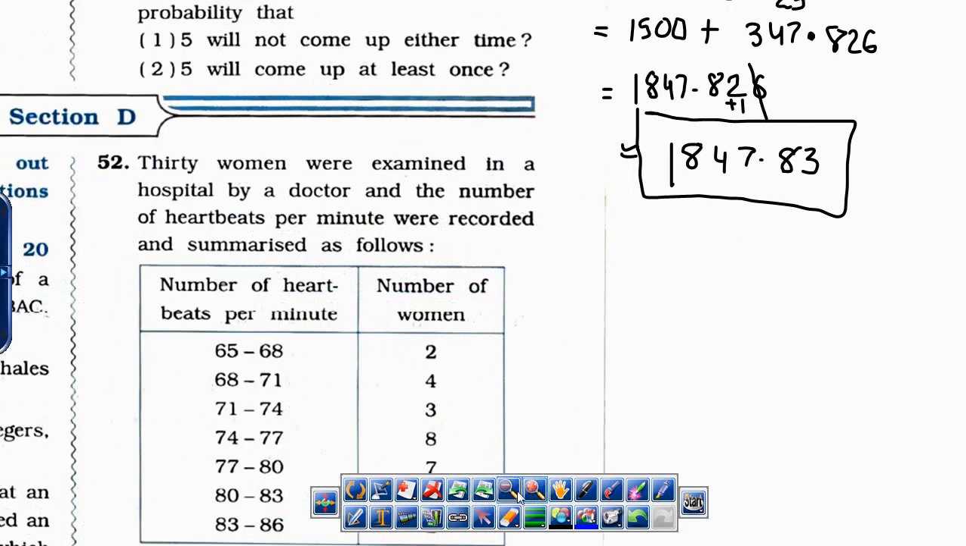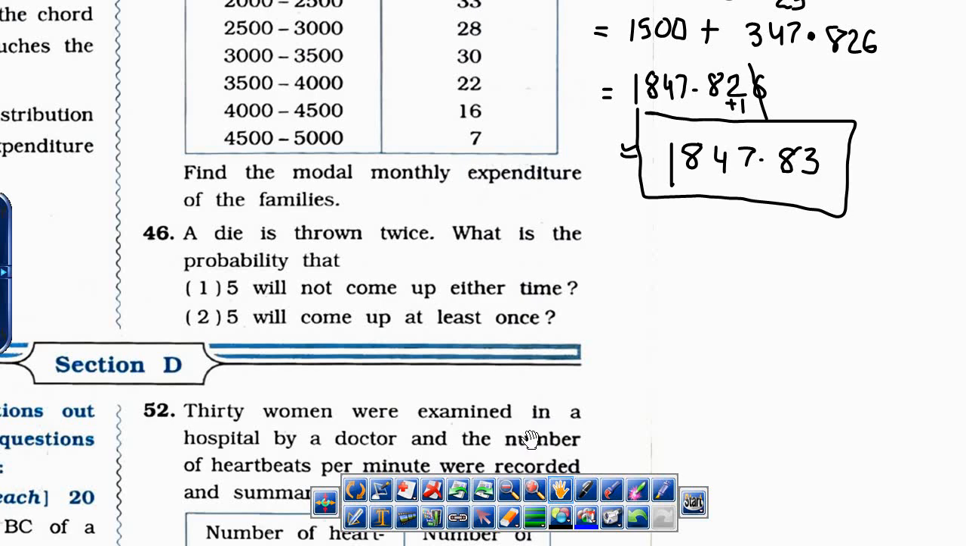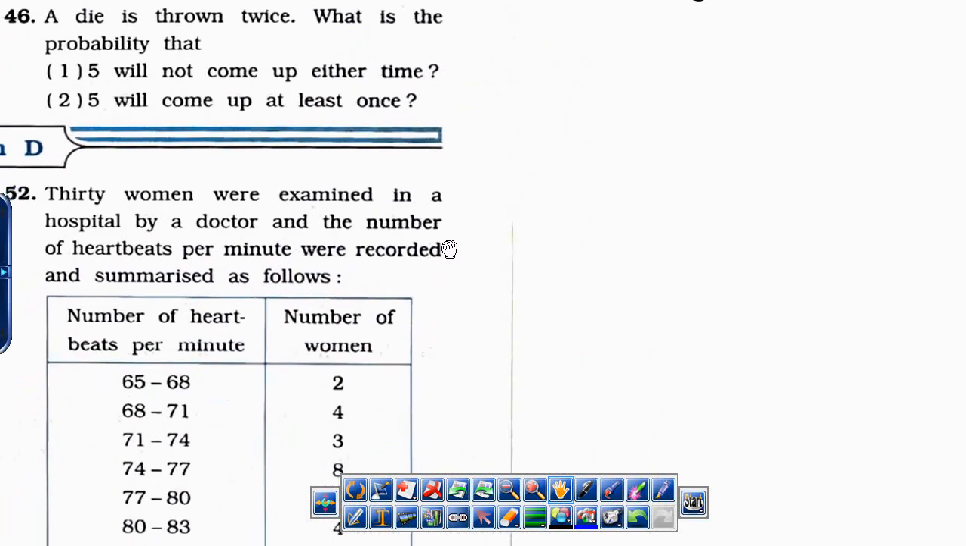46th sum. A dice thrown twice. Dice is thrown twice. There are 36 possibilities. What is the probability 5 will not come up either time? So in the 36 possibilities, when you see कि 5 कितनी बार आता है, तो स्टैंडिंग पोजीशन में 5 बार,